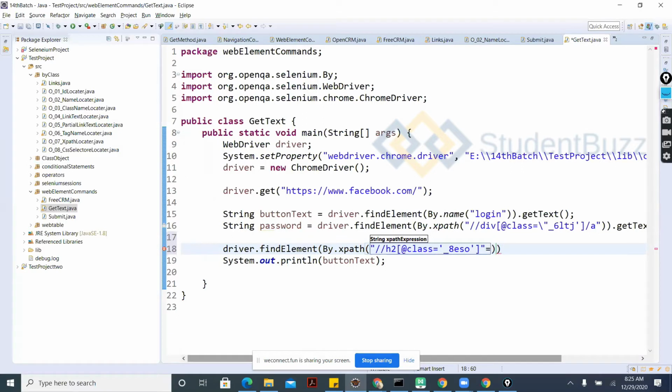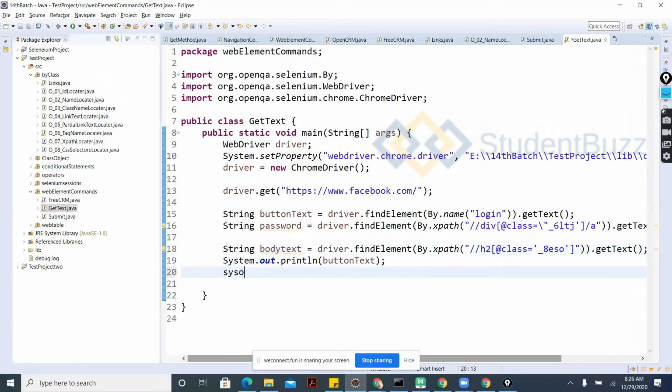And what method do we have to use? What is the return type of get text? It is a string. You need to catch the text, whatever get text is going to return. So body of the text, I'm putting it, as a string. So let's print both the variable values, password, and then body of the text.